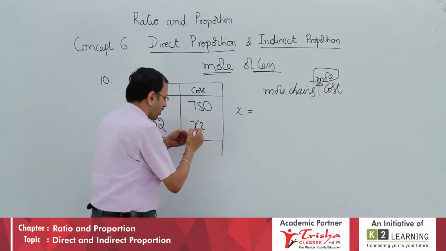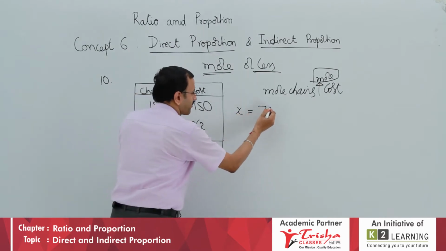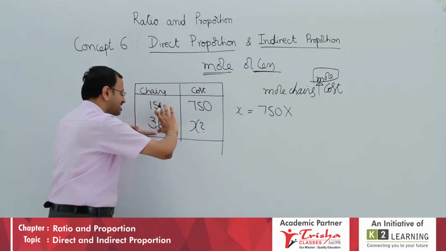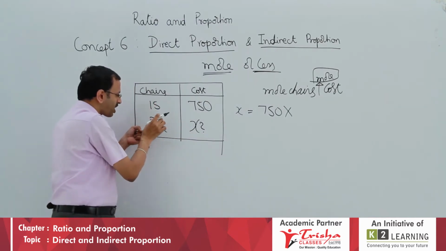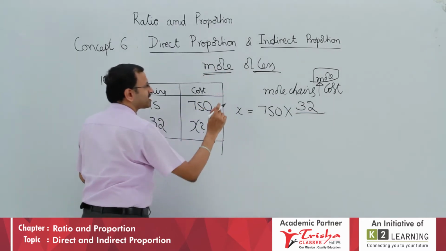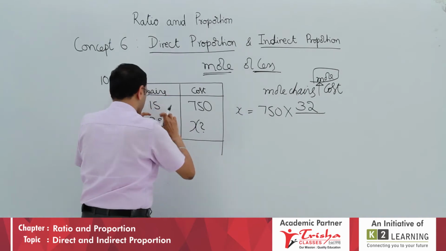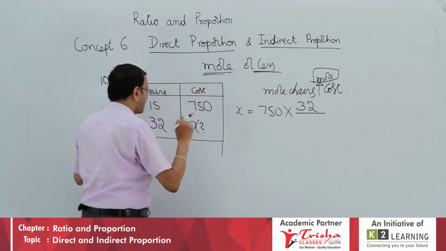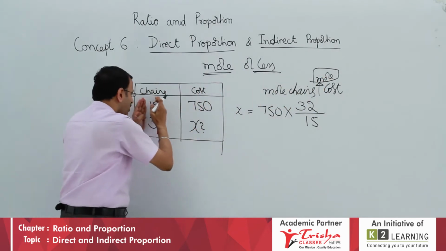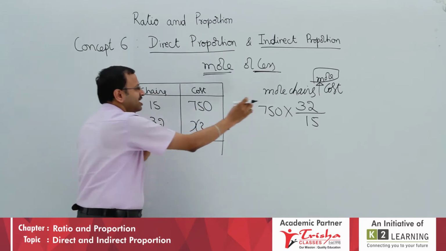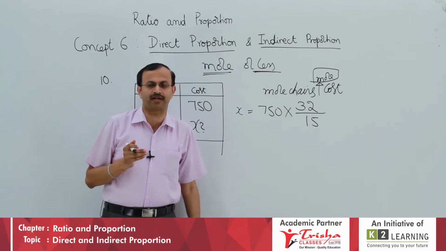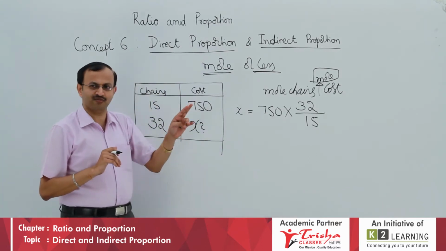Therefore, after writing X here, what is the opposite number? 750. More is the word. Tell me students, in this which is more? Is it 15 more or 32 more? 32 is more, fix it in the numerator. So if you say more, the bigger number goes in the numerator. The other number is obviously the denominator. If you had said less, then among these two which is less? 15 is less, right, so it goes in the numerator. So your work is to fix the numerator, and the other one is obviously the denominator. So I repeat again, more chairs, more cost.